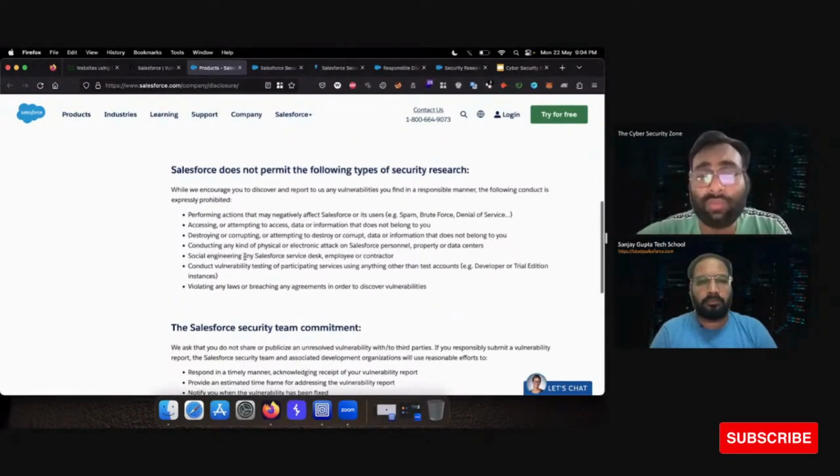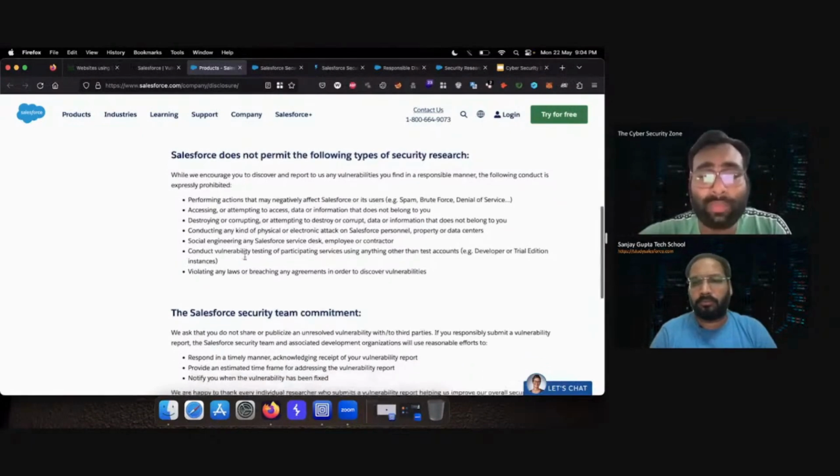You cannot do security research of these types.